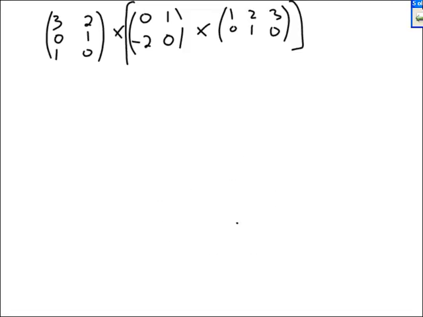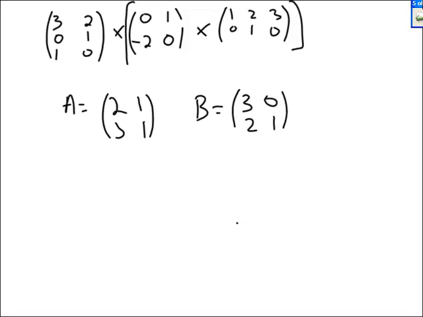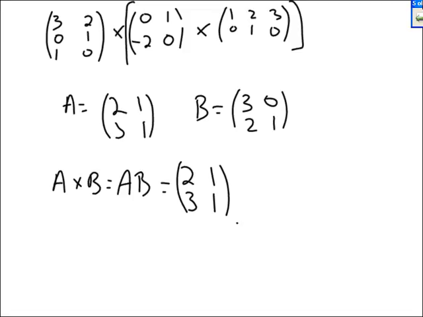Suppose matrix A is [2, 1; 3, 1] and matrix B is [3, 0; 2, 1]. Let us compute A times B, which in some books, for the record, just might be written AB. That is, what is [2, 1; 3, 1] times [3, 0; 2, 1]? Well, when you dot the first row with the first column,